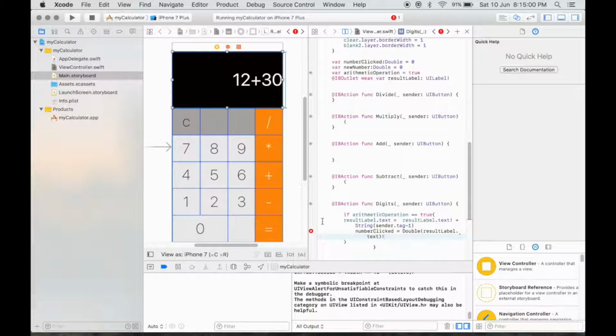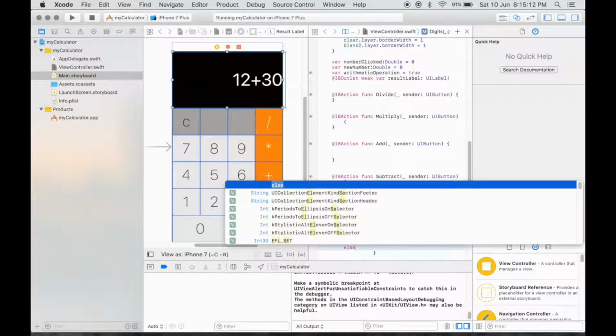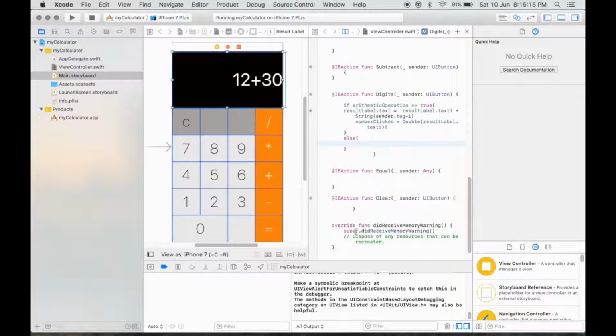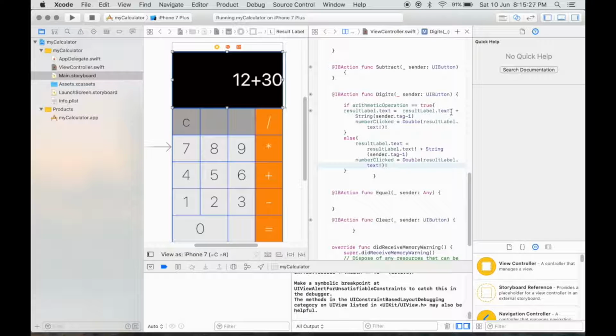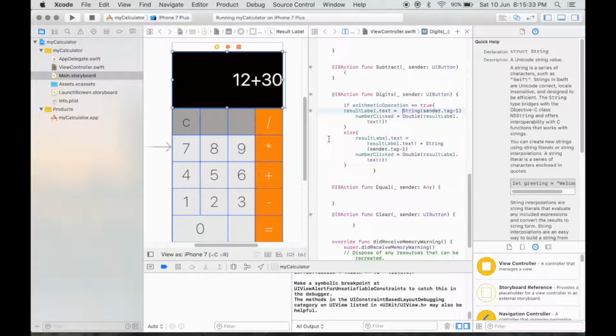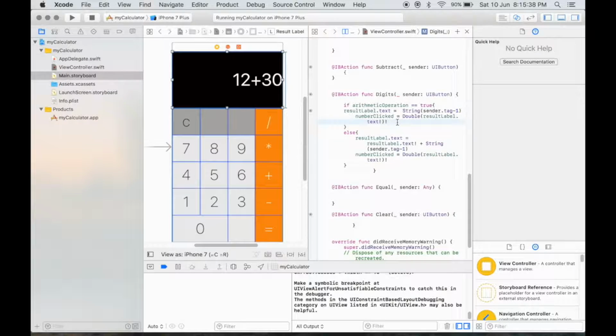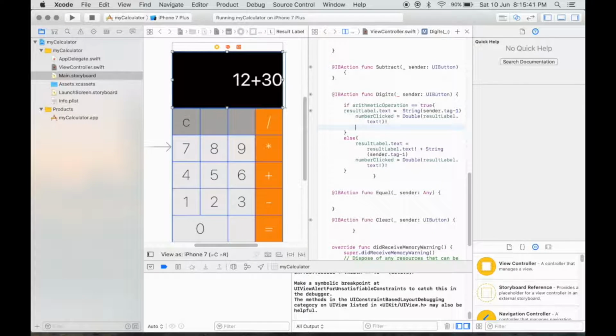Force unwrap. Else we'll just display the number. I'll copy the same code down. And once we store the number, we have to make the arithmetic operation equal to false.